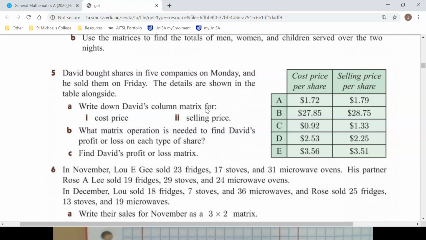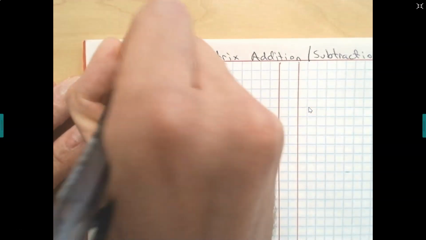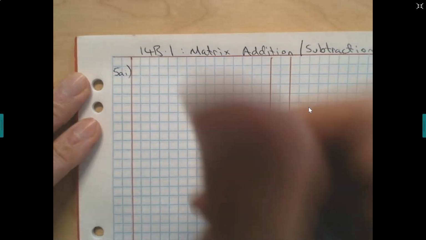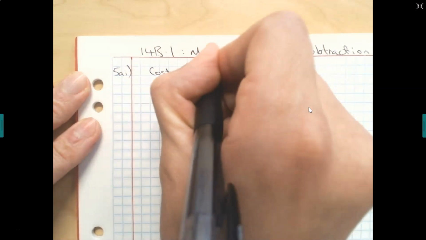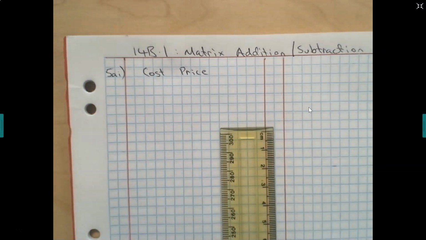So in this situation, the matrix for the cost price is going to be this column here. So 5A1. Cost price was,